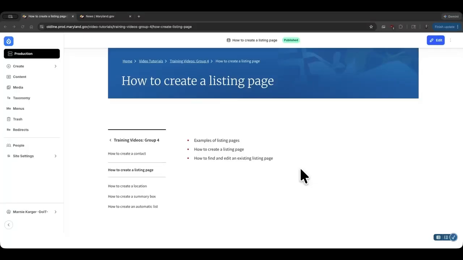This tutorial is about listing pages. I will offer some examples that demonstrate the form and function of a listing page, show you the steps to create one, and how to find and edit one that already exists. While there are some automatic aspects of listing pages, they differ from automatic lists, and there is a different video